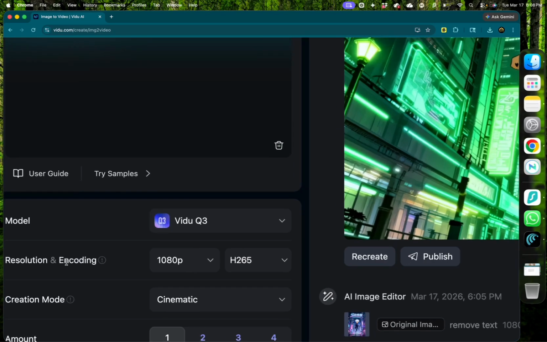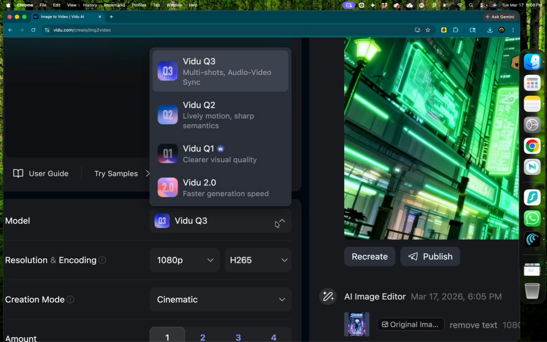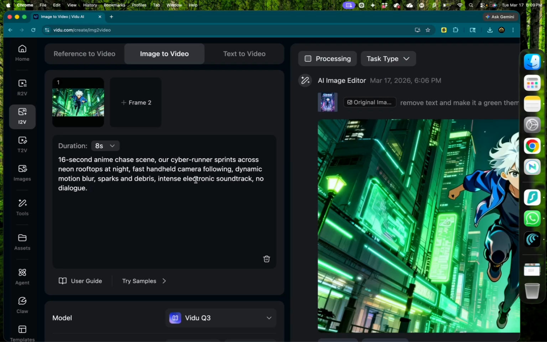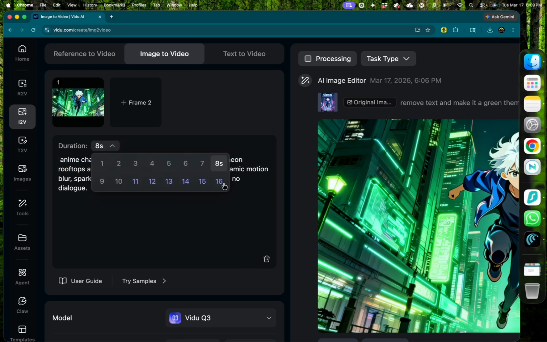And as you see, the model here is Vidu Q3, and that's what I'm trying to demo here. This allows you to have multiple shots, audio and video in sync. And here I added this prompt, which is a 16-second anime chase scene. Our cyber runner sprints across neon rooftops at night, fast-handled camera following, dynamic motion blur, sparks and debris, intense electronic soundtrack, no dialogue. And actually, instead of mentioning it as 16-second here, I can just select it right here as